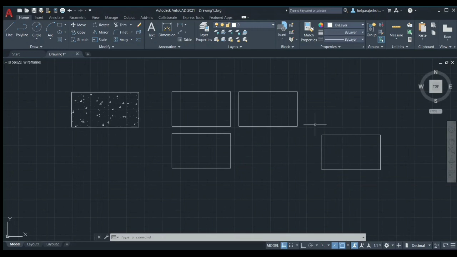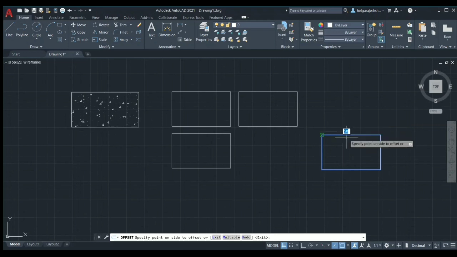Next important tool of frequent use in AutoCAD is offset. So I am selecting my rectangle and I am clicking offset. Now I have to enter the offset distance, so I am typing 50 units. Now you can see that a rectangle is formed at a distance of 50 cm from the source object.